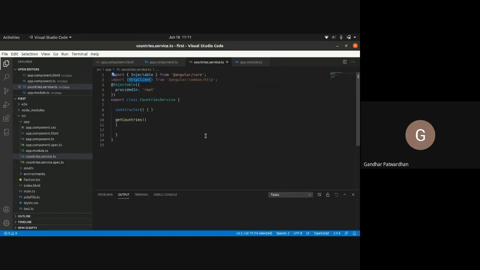This is the second step. The first step is to import the HttpClientModule. The second step is to import the HttpClient in our service.